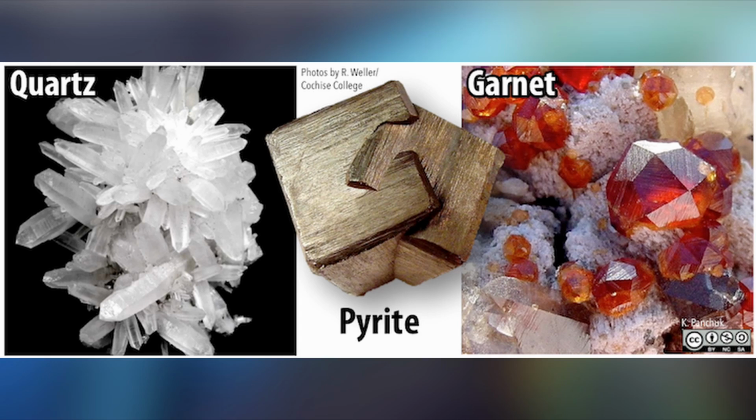Some are hexagonal, so quartz is a famous example of that. You see a largely transparent or translucent hexagonal crystal. That's probably quartz. Quartz is really one of the most common minerals in the Earth's crust. There are octahedral structures, prismatic structures. Some of them are even round. There are all sorts of really interesting structures that crystals take.